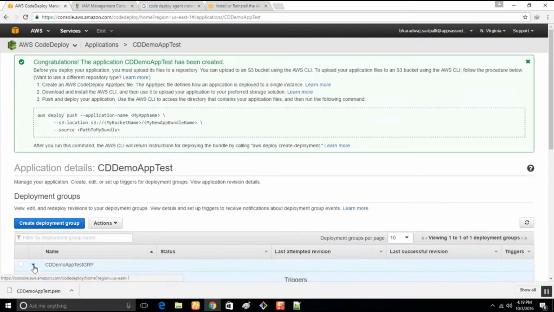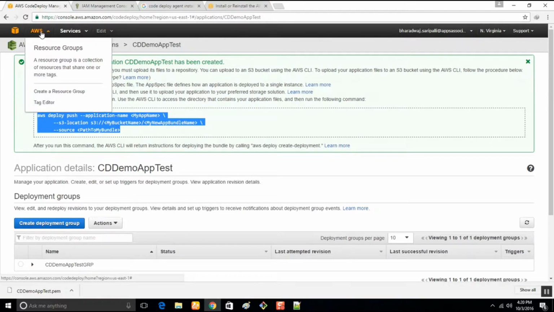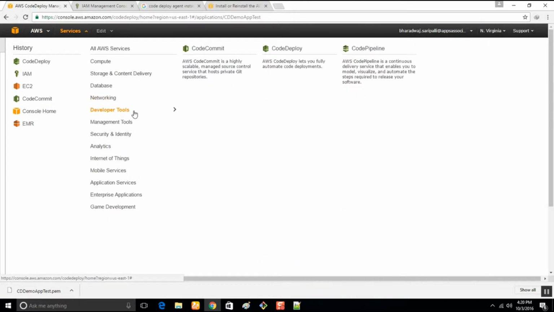Done. Now we have CodeDeploy set up. To deploy, we can download the AWS command line interface and deploy manually, but for now we'll be using Amazon's CodePipeline. It's a new service provided by AWS under the same stack as DevTools.